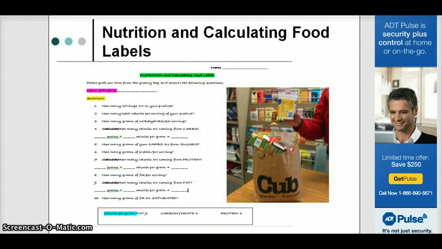Because every gram of protein and carbohydrate contains 4 calories per gram, we are going to determine how many calories of that total product are coming from each of the 3 nutrients. So the first thing we want to take a look at is how many servings, how many total calories per serving, and then we're going to look at how many grams of carbohydrates, how many grams of fat, and how many grams of protein are within each product. We will then calculate using the fixed number. Carbohydrates have 4 calories per gram, so students will take the number